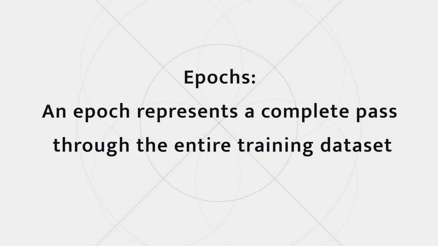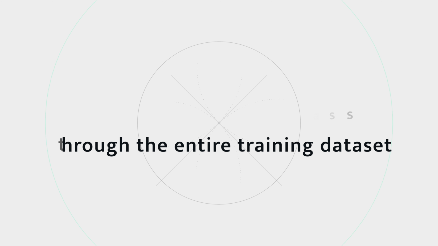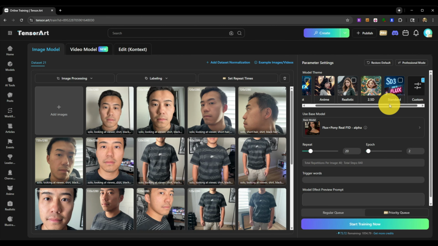So through here on Tensor Art, one epoch is going to be 4 images. So once it goes through its workflow, the epoch will generate 4 images, and epoch 1 will have 4 images, epoch 2 will have 4 images, so on and so forth. It'll make a lot more sense once we get to that section, but I'm going to set this to 8, and then the repeat I'm going to leave at 20, and you can see that's going to use 294 credits